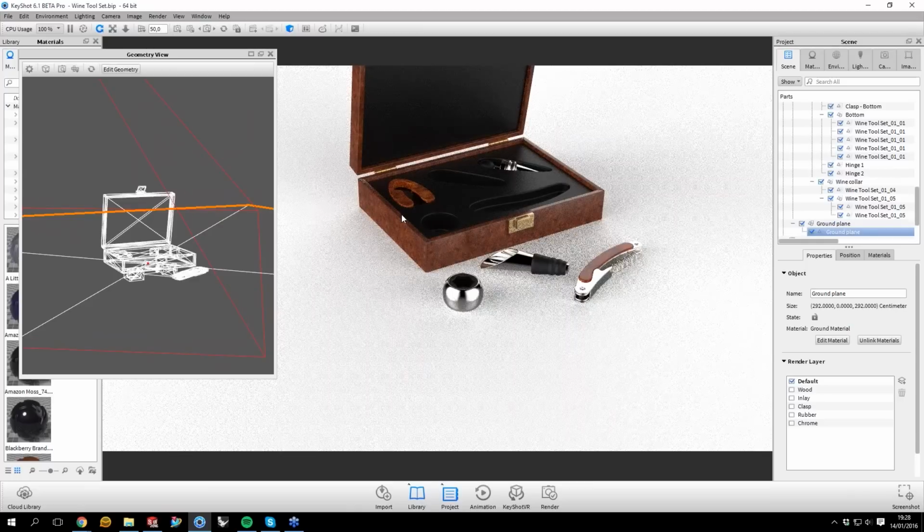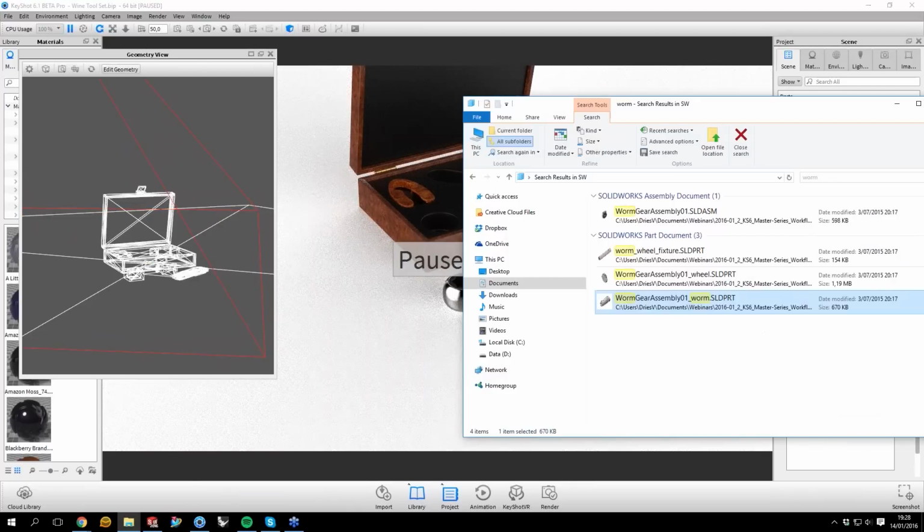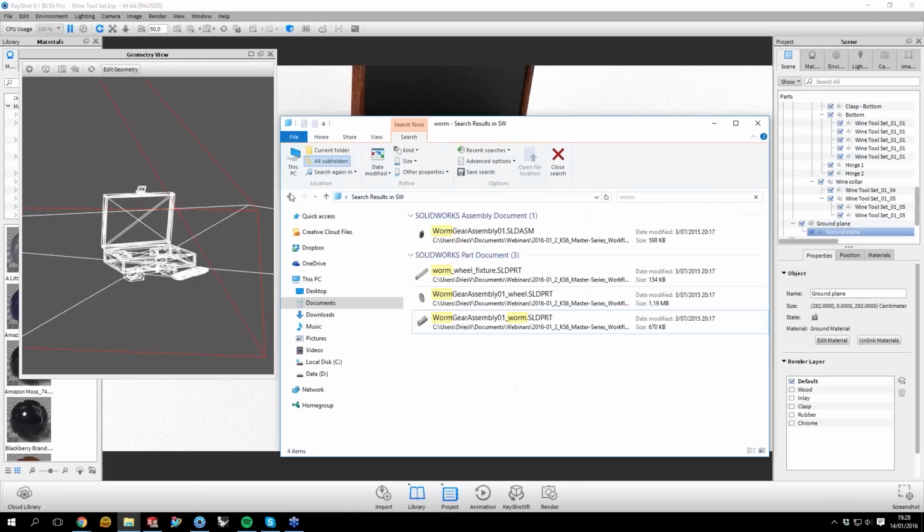Actually, I have a different example I could show for this. Not quite sure why this isn't working, but